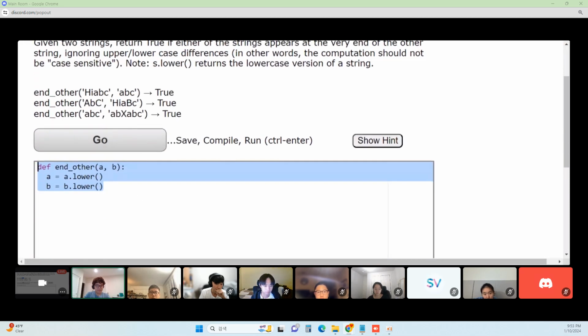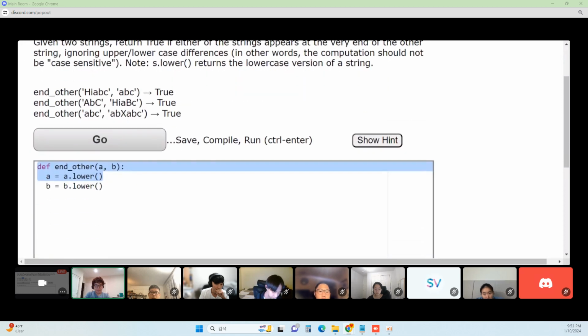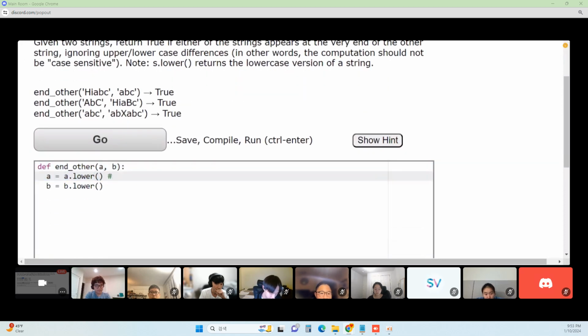So for this first example, what a would look like is ABC, and what b would look like is HIABC. B would look like this, and a would look like this. No uppercase because of the lower function. And then we will return